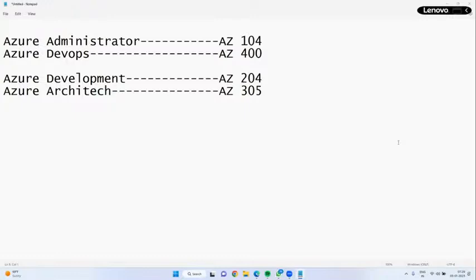We can deploy using Terraform templates. That will be covered in Azure DevOps. Whatever topics I am going to cover, everything I will present in the next session.